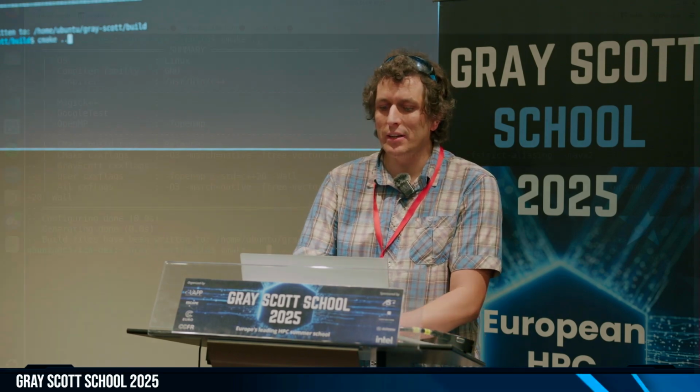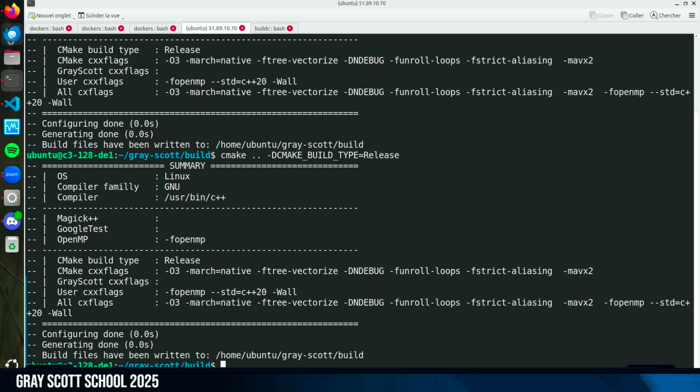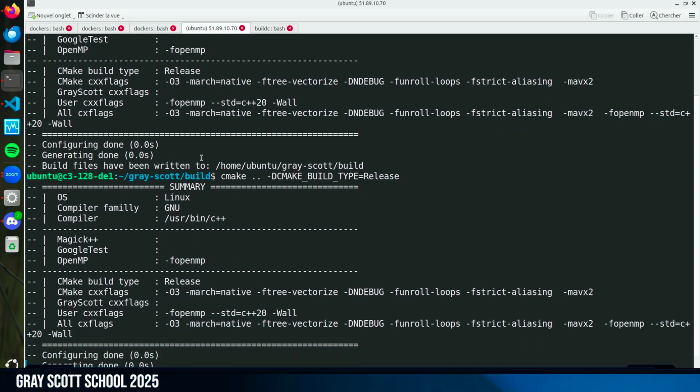So if you call CMake directly and you want performance, always add CMake build type equal release, or release with debug info if you want the debug info in release, because otherwise you don't get the optimized flags.